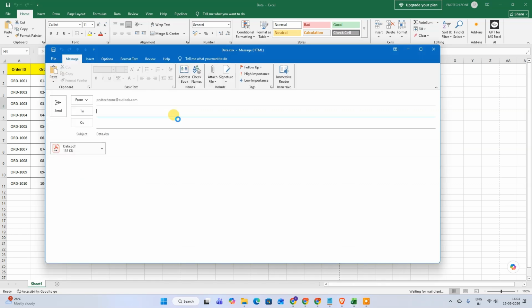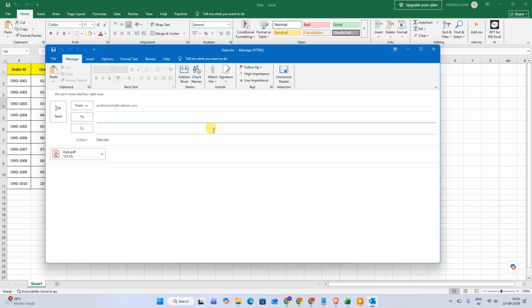After that, wait for a few seconds and you will see your Excel file attached as a PDF in a new email. You just add the email address, CC, and your email, and send your PDF by email. Here is one bonus tip: if you want to save this PDF on your computer, just click on this